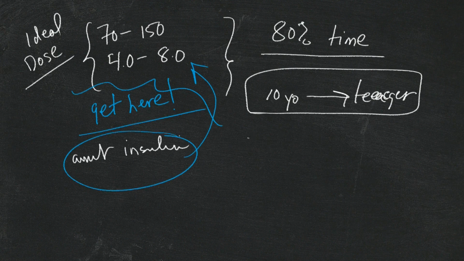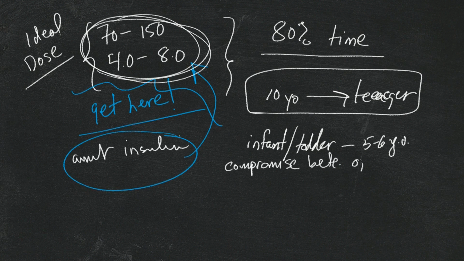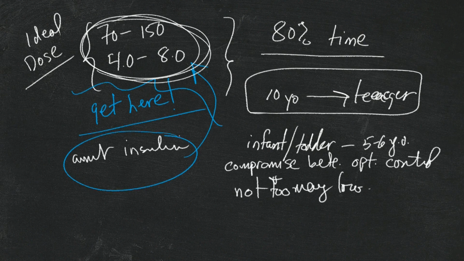Now, if you are an infant, toddler, to about 5 or 6 years old, we don't want you in this range as tightly as we do if you're an older kid. What we want to do is strike some compromise between as good control as possible, optimal control, and not too many lows. So, for infant toddlers to 5 or 6 years old, we might be saying that, you know what, we're just looking to stay in that range about 70% of the time. The rest of the time, your numbers can be wherever they want to be,